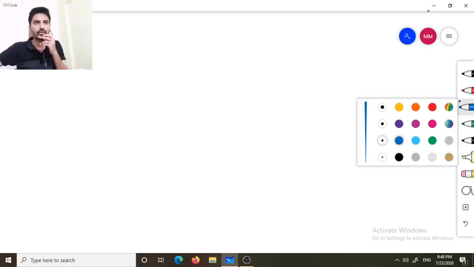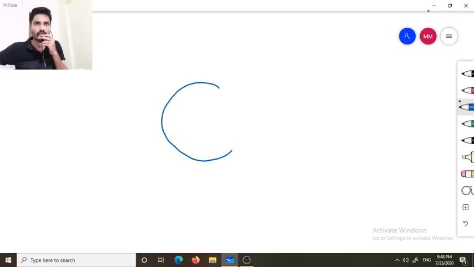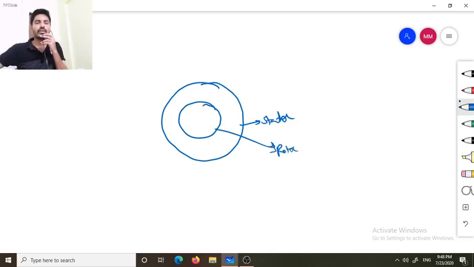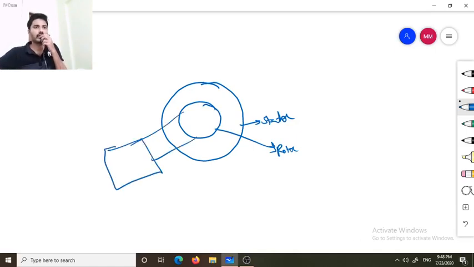For that we take a circle which is nothing but a stator. Remember this as a stator. I assume that this is a rotor. This rotor is rotated with the help of a prime mover. The prime mover is a driving engine which gives mechanical energy to the rotor of a DC generator. As we know, the armature core has slots on its periphery, on which the conductors are placed.